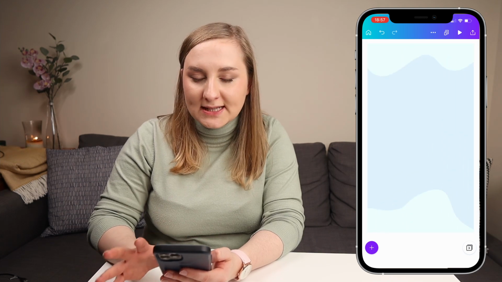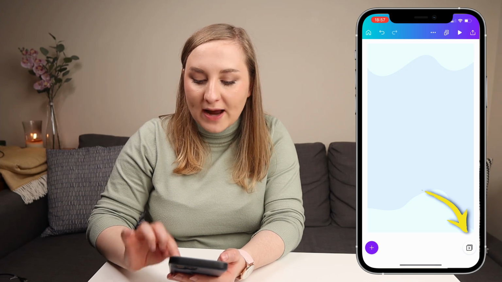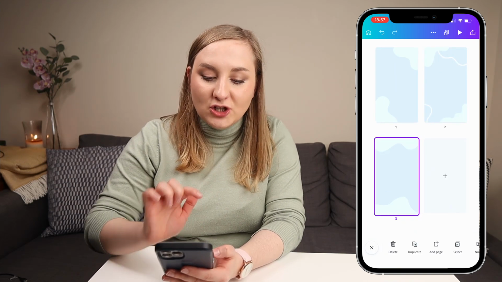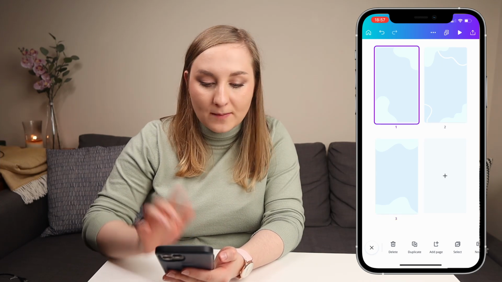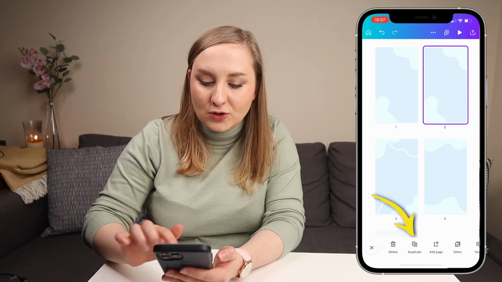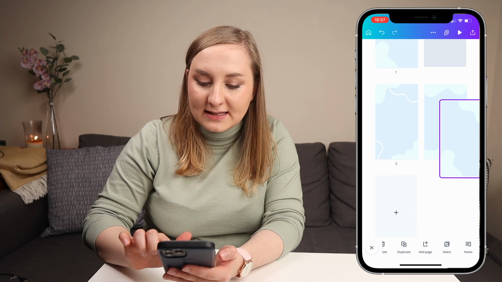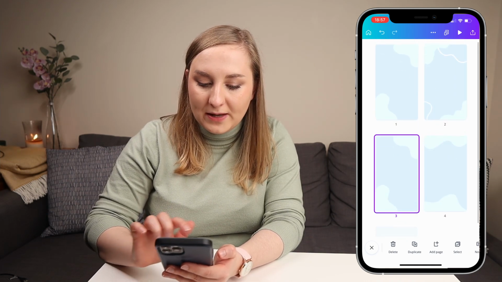Maybe I want to start designing from a previous page that I have. So in here in the bottom right corner, you can change to a thumbnail view, and this way you can actually duplicate certain pages. So you can select both of them, you can deselect one by just tapping on it, and if you hit duplicate, you can also change the order of it. So if you just drag it like this, you'll be able to pop it in different places. So I have that copy in here.